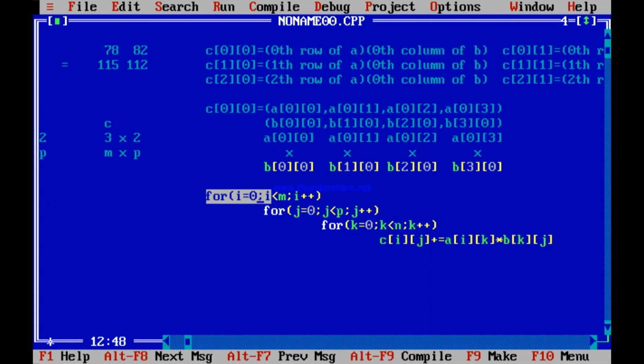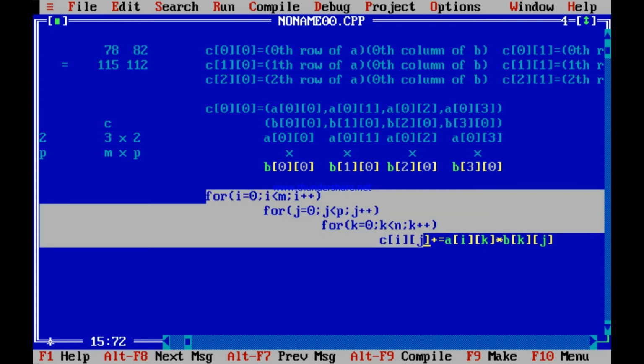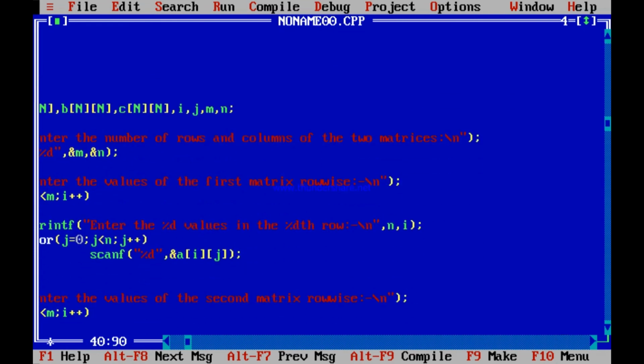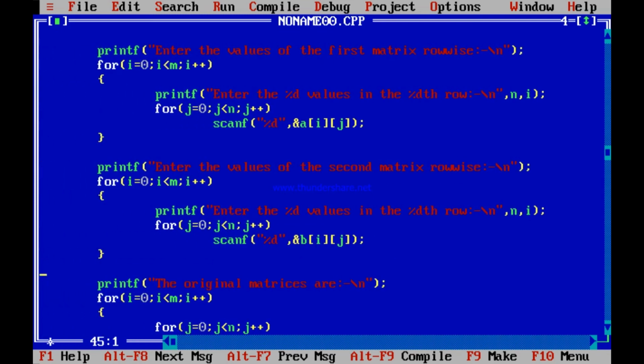Can I copy it now? So this is the part I am copying. Sorry. Let me copy this whole part. For i equal to 0, i less than n, i plus plus. This part I copy, and this part after copying I will paste in the main part of code. This main part of code contains the summation.